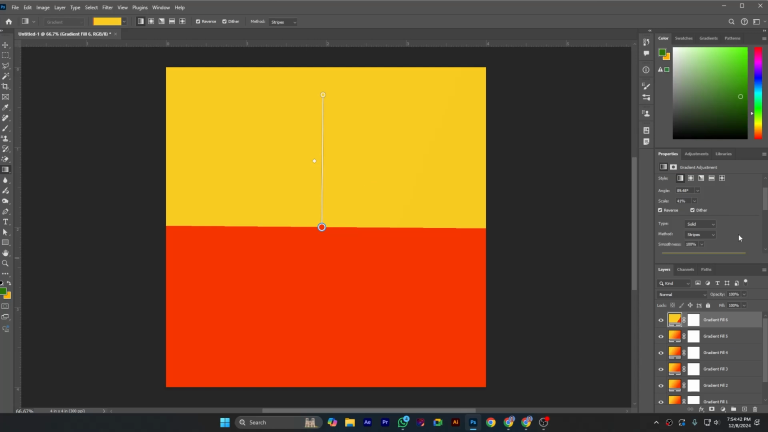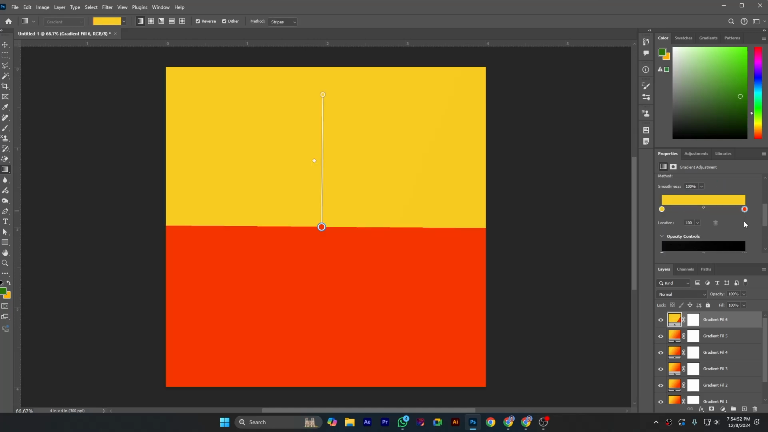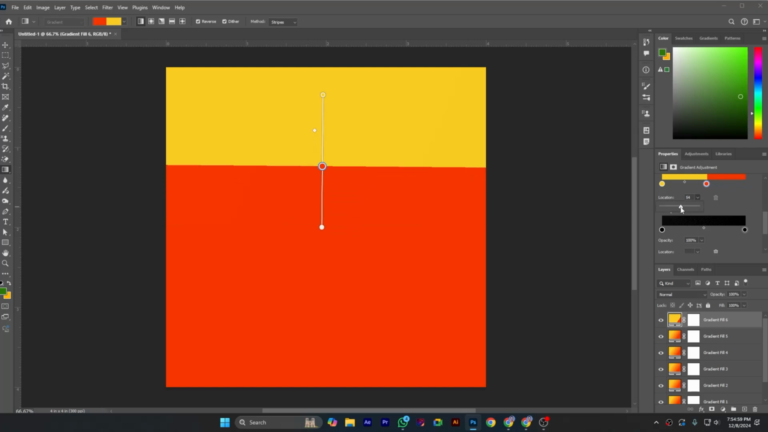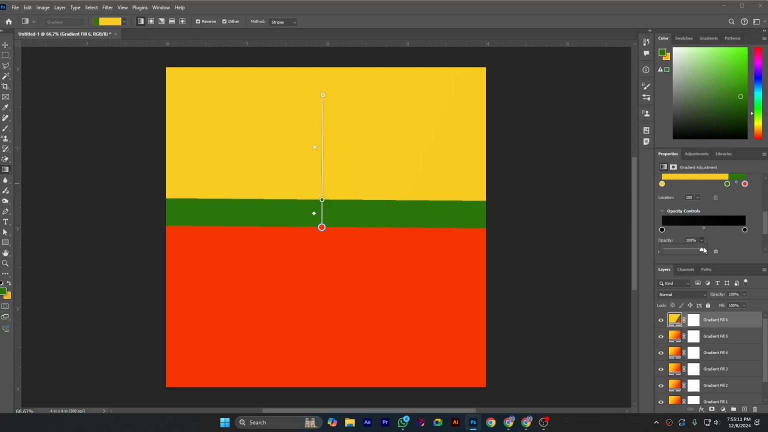Also, here are a few types. You can see solid in the gradient adjustment. Also here is noise, and you can see here is location. This is location. If I decrease or increase it, the location will change. Also here is the opacity control. If you click here and decrease the opacity